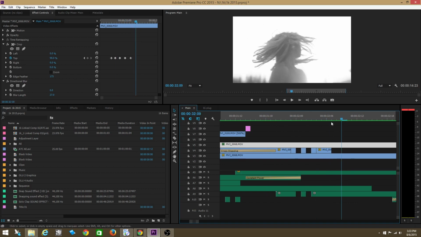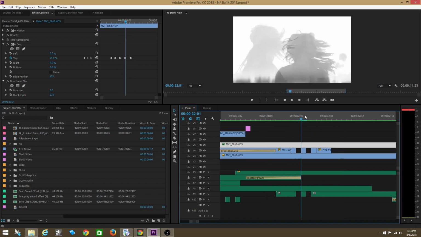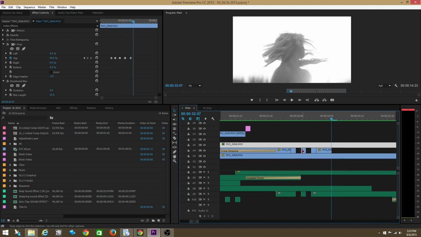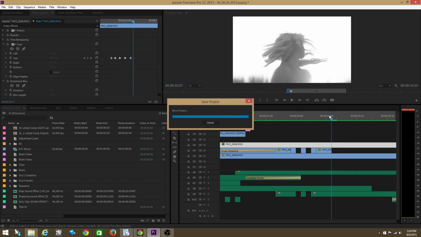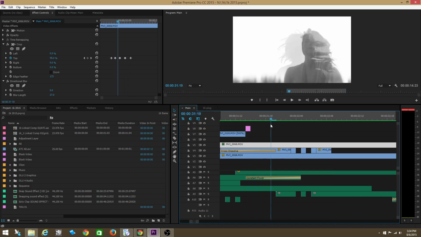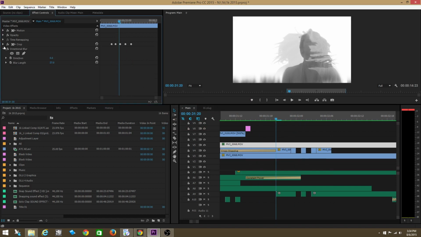In summary, the offset overlay literally involves taking the same clip, doubling it up as much as you want, but offsetting it so that the clips on top are offset slightly. And then of course you need to change the opacity. Either change the opacity to less than 100 so that those top layers are transparent so you can see through them, or you can change the blending mode to screen, and that will also make the clips transparent as well,